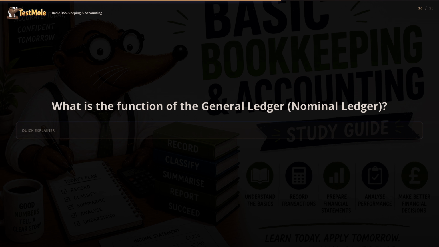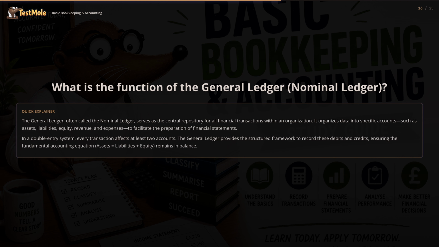What is the function of the general ledger, nominal ledger? The general ledger, often called the nominal ledger, serves as the central repository for all financial transactions within an organization. It organizes data into specific accounts, such as assets, liabilities, equity, revenue, and expenses, to facilitate the preparation of financial statements. In a double-entry